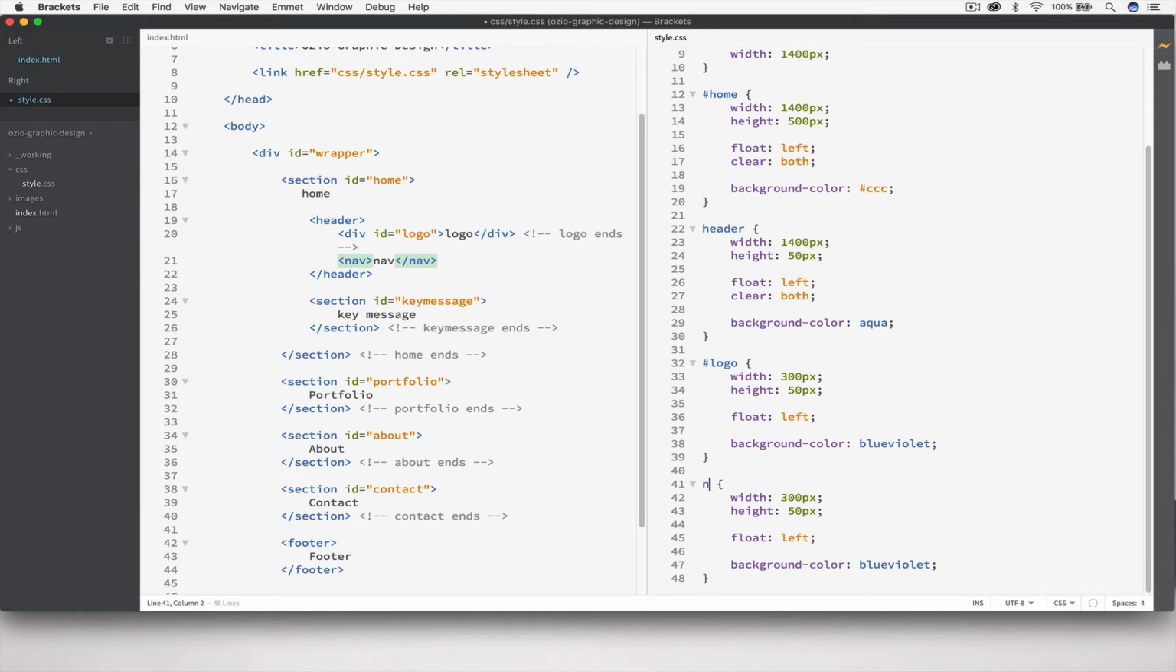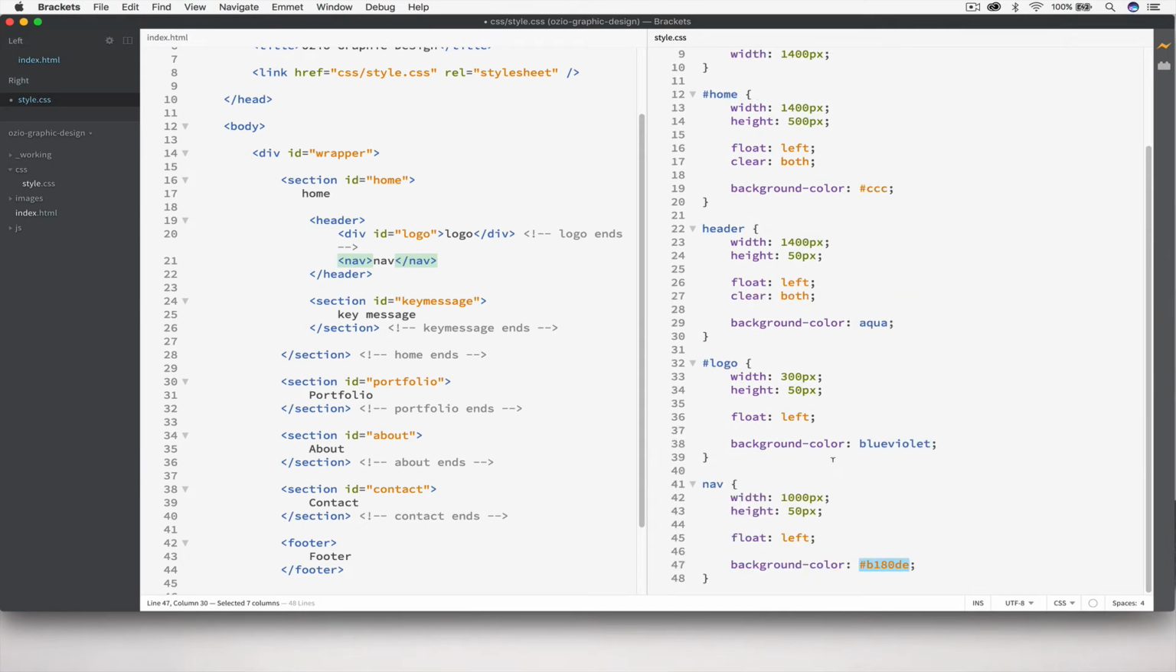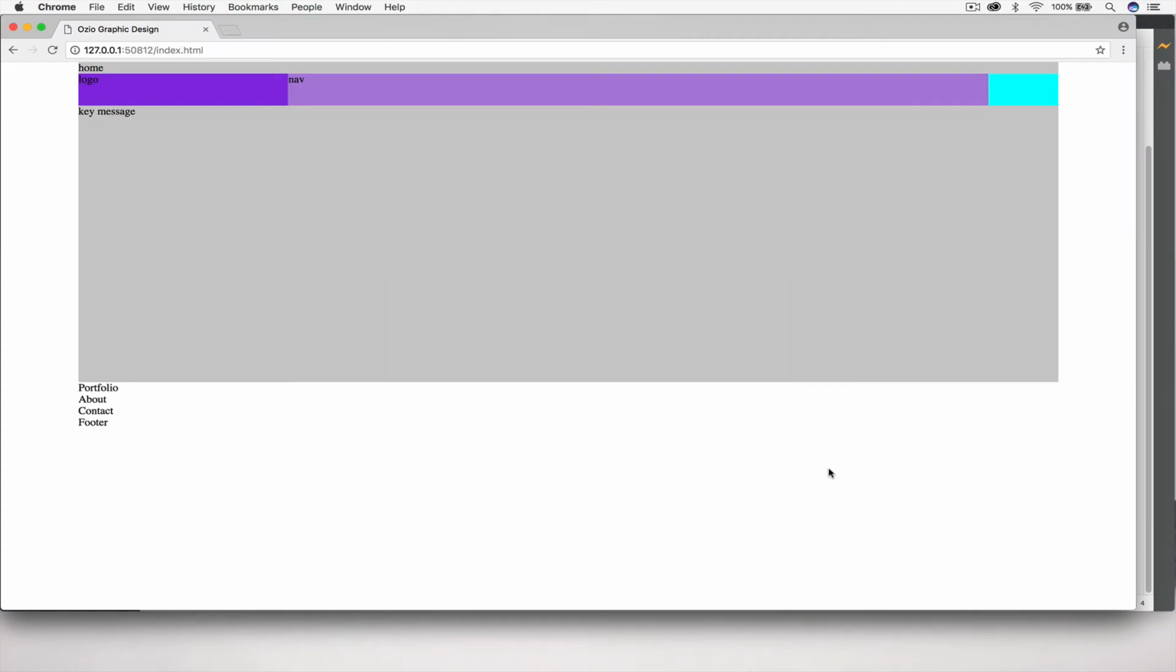Change the name of the rule to be nav. The width of it is not going to be 300 pixels. I'm going to put it at 1000 pixels. Height I'm going to leave at 50, and I'm going to float this to the left as well, and change the color from blue violet to a lighter purple so we can keep the purples in the header section. Save this file and take a look, and I can see that the navigation is now next to